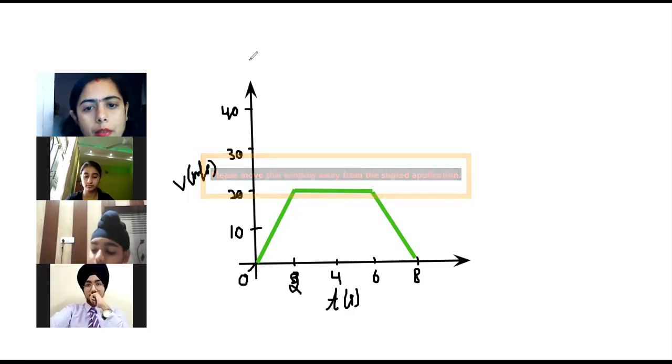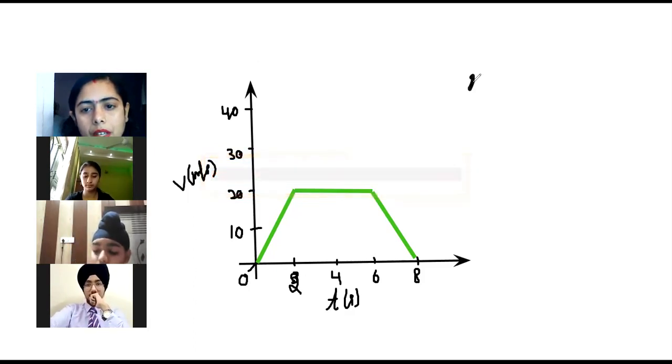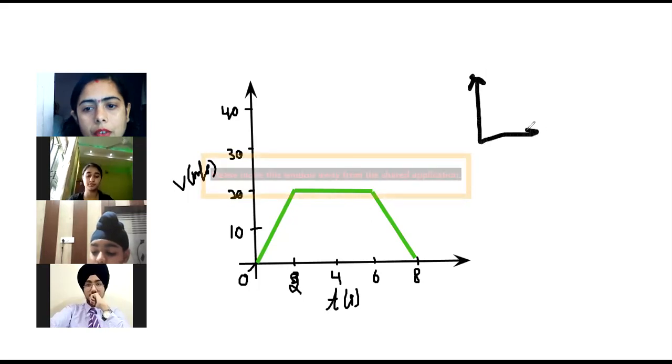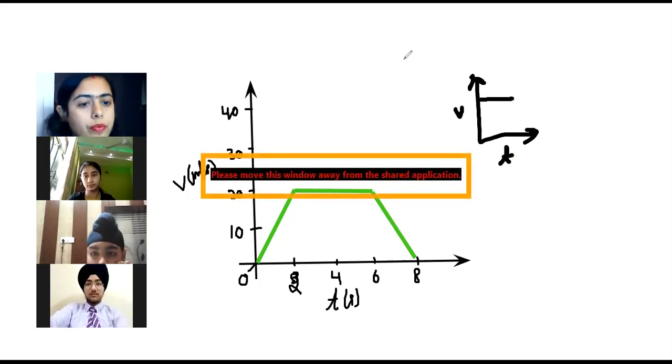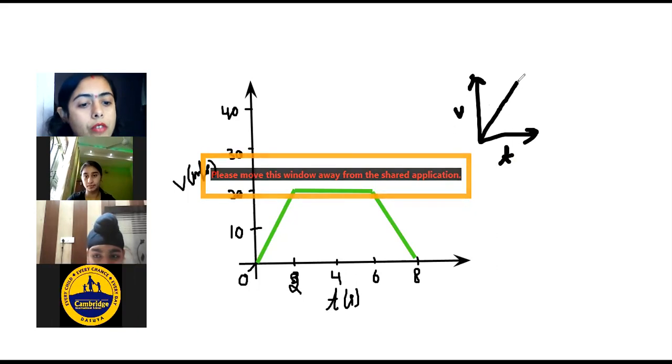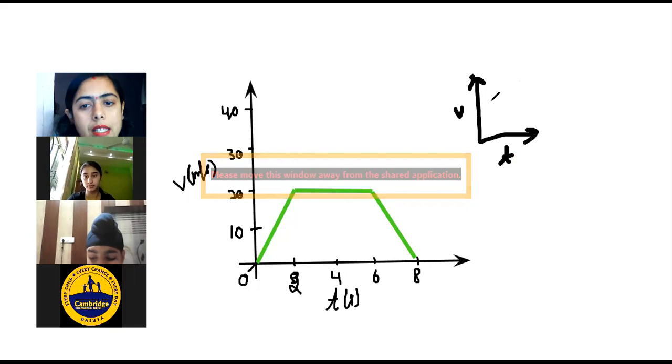Okay. One thing before we end the class, children, we have done this: if you have a velocity time graph and you get a line like this, it shows uniform motion. But here acceleration will be 0, right? Because velocity will not change. If you have a line like this, that shows uniform motion, but this is accelerated also, because the velocity will change again and again. Okay, now what is this kind of graph?